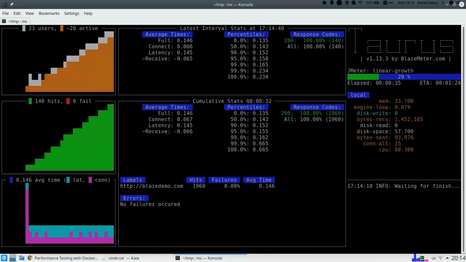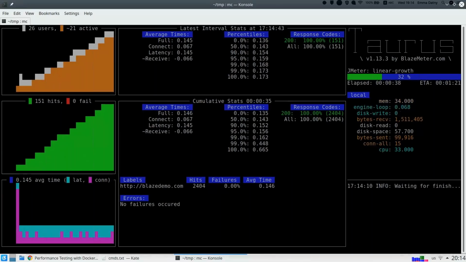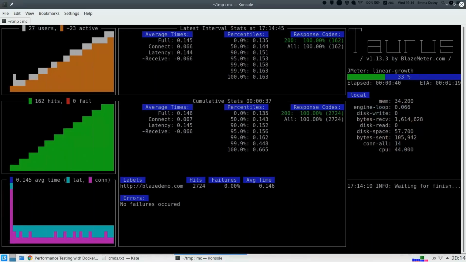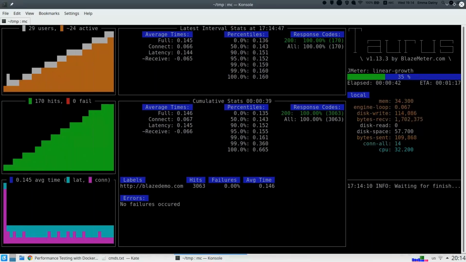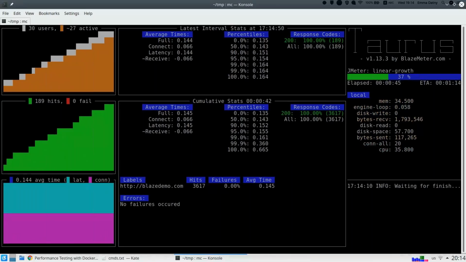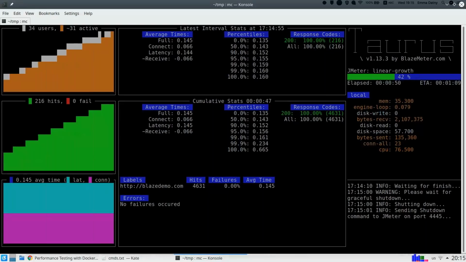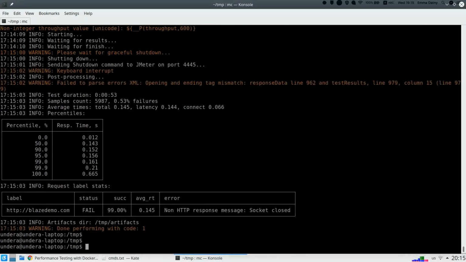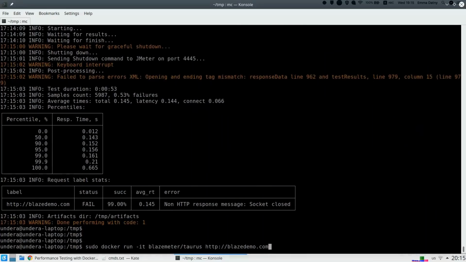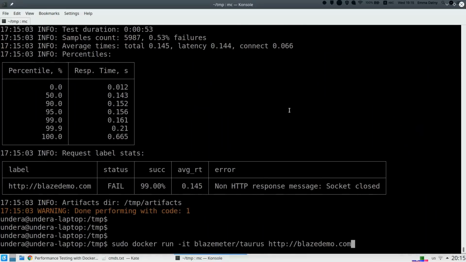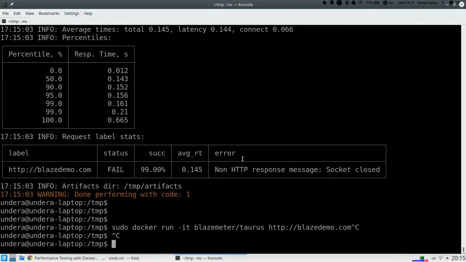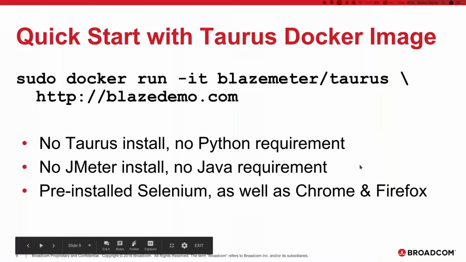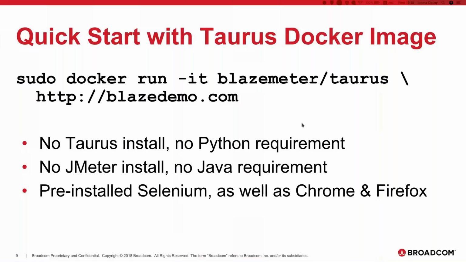That's probably the most beneficial use case for you because you don't want to interfere with your neighbors. So it runs, it is fully functional, and to run that, you don't need to know much. Just one command that triggers the Docker execution of the Taurus image. As I said, no installation, everything pre-installed, including the Selenium use case, so you can go with your front-end testing